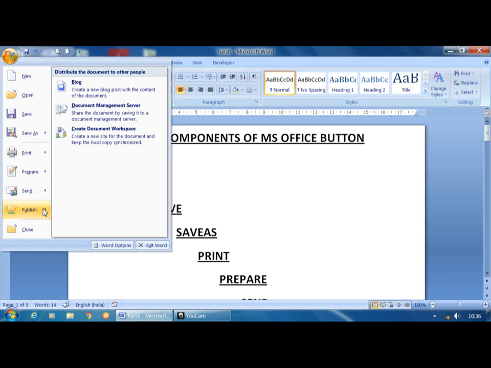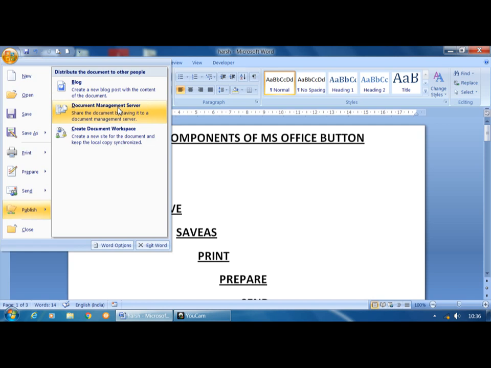And every day if I want to insert new text, there is no need to copy and paste the text there. Just click on the blog option, and it directly publishes your story or your song on the Facebook page.